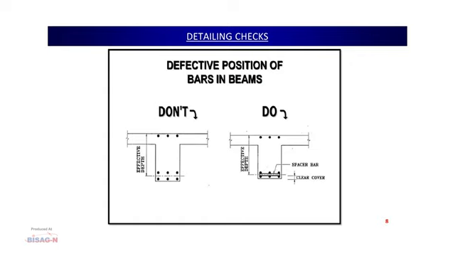Another aspect is also there. If we are not maintaining the space between the bars, the bonding of the bars is getting affected. For the bonding, the space is not available, and the concreting also cannot be done between the bars, which gives the bonding effect to the reinforcing bar. So, invariably we have to put the spacer bar as shown in this drawing while doing the detailing at the